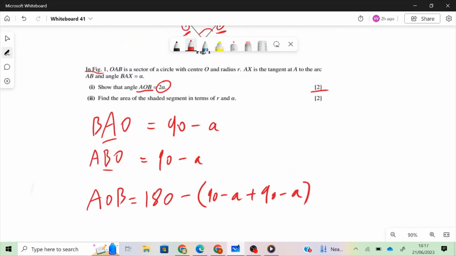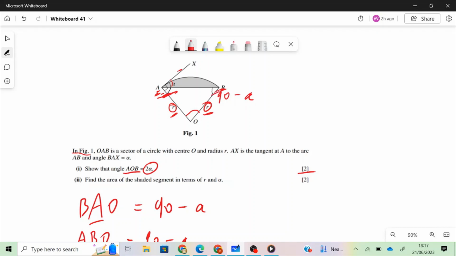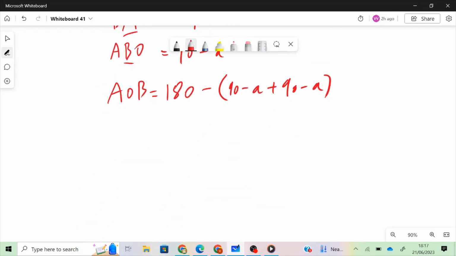We have our two angles to be 90 minus alpha, and to get this we subtract both of them from 180 because all the angles in a triangle add up to 180. Now using algebra, this is 180 minus brackets 90 plus 90,